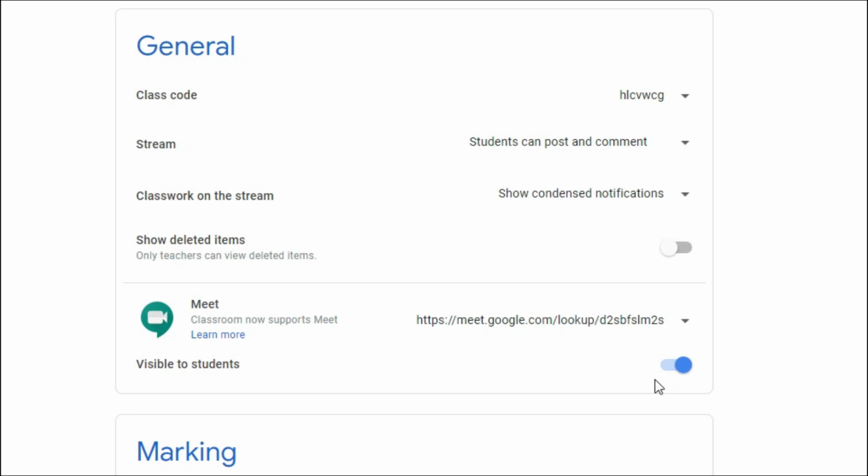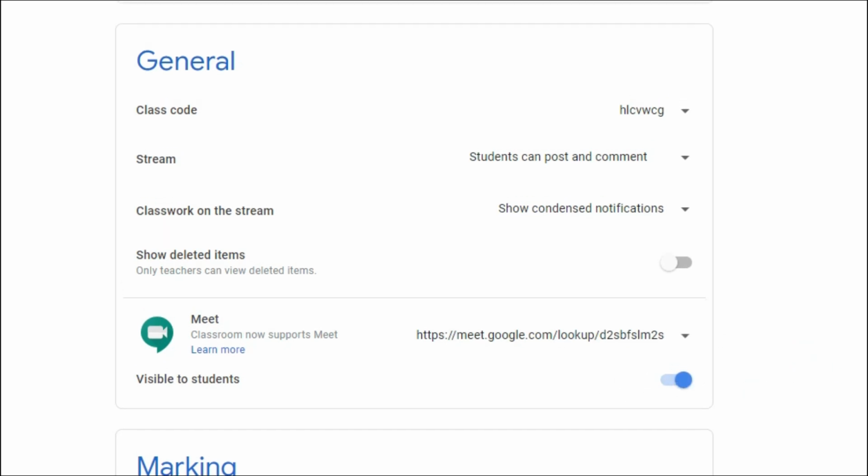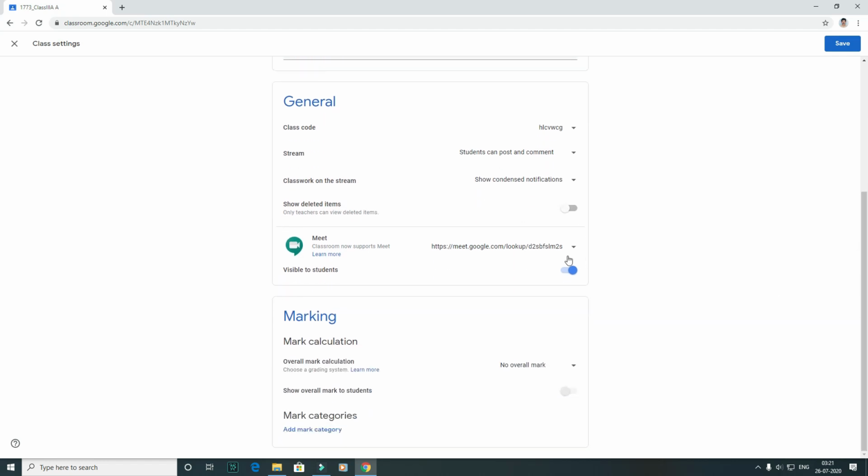Now, visible to students: yes, we have to show it to the students till all the students have come and joined your class. Suppose in your class 50 students are there, once all 50 children join your class, then you can select invisible. Till then let it be visible to the students. Now give save.